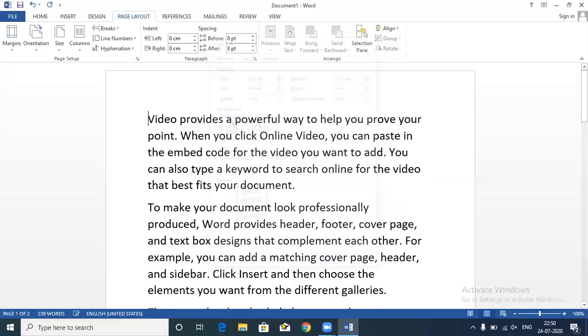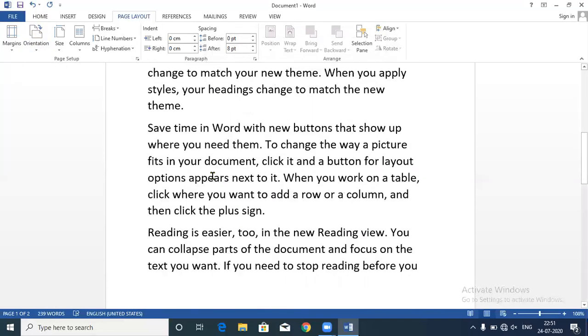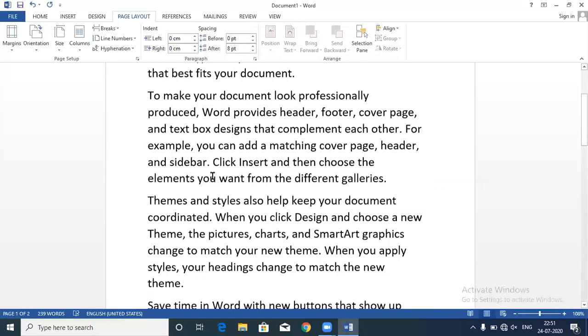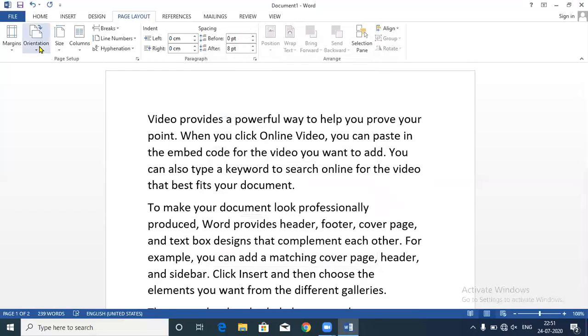So the next option we have is the orientation. What is the orientation? Now you can see my page is vertical. This orientation is known as portrait orientation.